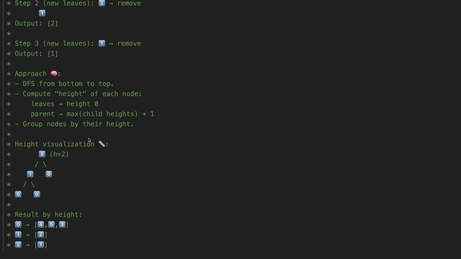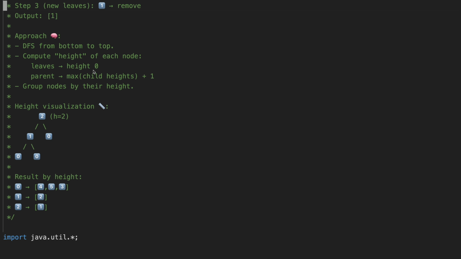But in this case, the easier and more optimized way to solve this problem is using the DFS approach. How are we going to do that? In the DFS approach, we are going to DFS from bottom to top, and we are going to compute the height of each node. So what does that mean? For example, in this case, the height for this node is 0, the height for this node is 1,